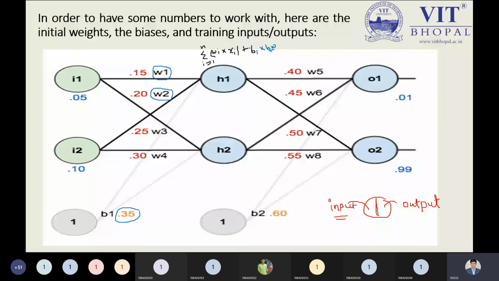Okay, so these are the steps you have to take care of. wixi is the weight and input. This is the main part. But if bias is given, then we can add the bias, that is the 1. You can observe over here the bias value is given, that is a 1. That is the b1 value, which will be 1, but its weight is also given, that is W. So W is the weight of the bias, that is 0.35. So this weight should be multiplied with the bias, you will keep that in mind. Okay.